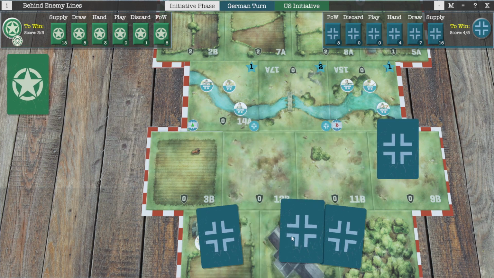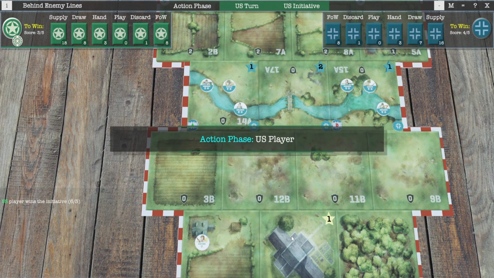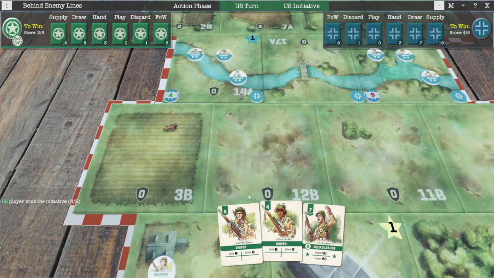initiative. And this is the part where we compare cards. Okay, so 6 versus 3. He used the machine gunner for his initiative. Now, because I had the higher initiative, in the case of a tie, whoever currently has it still retains it. I get to go first in playing my cards. So I've got 2 sniper cards, and I'm really curious to see